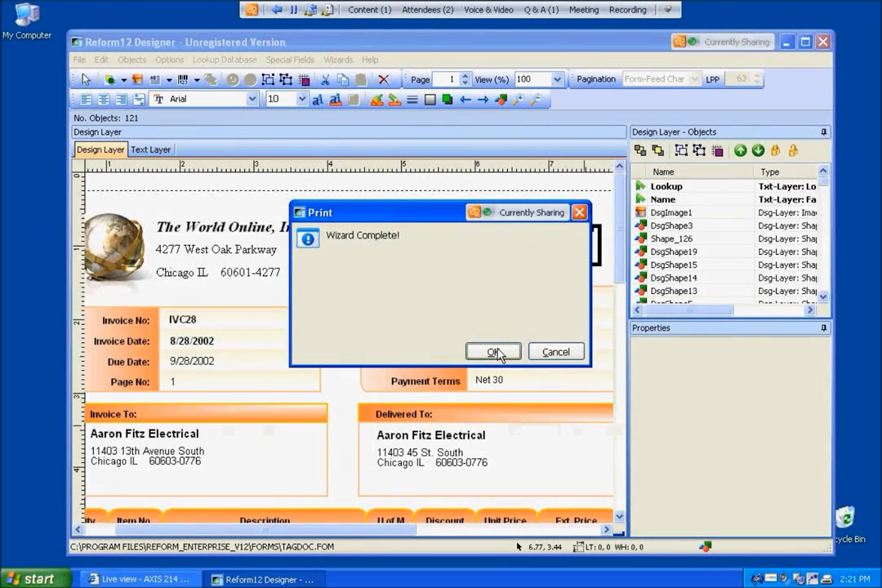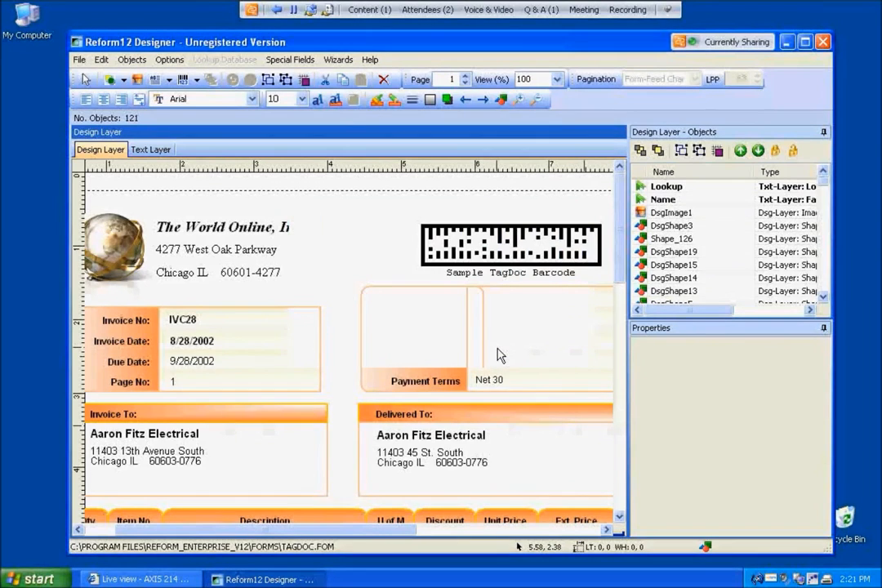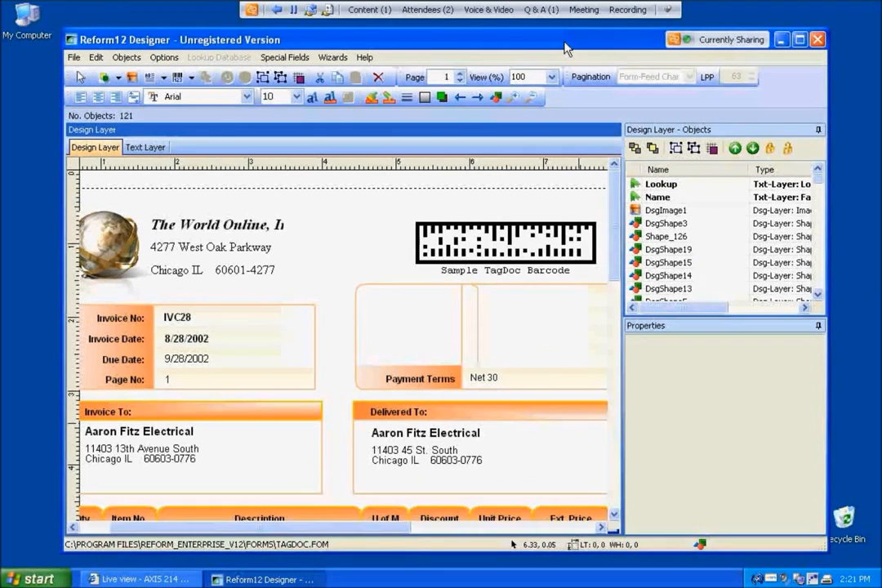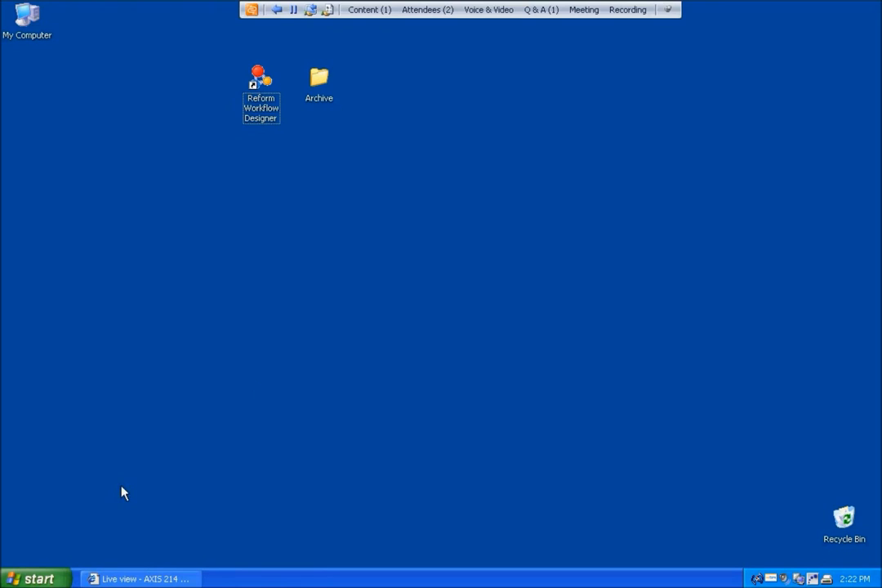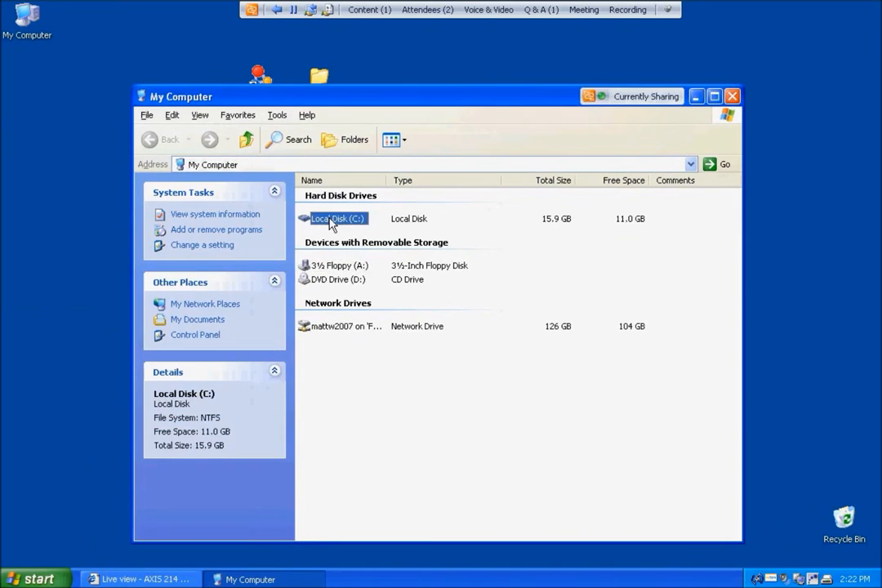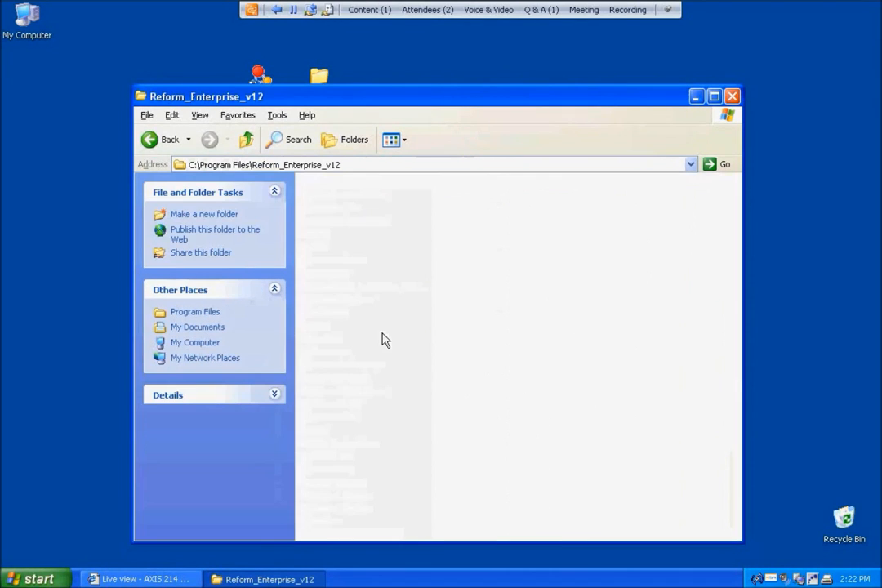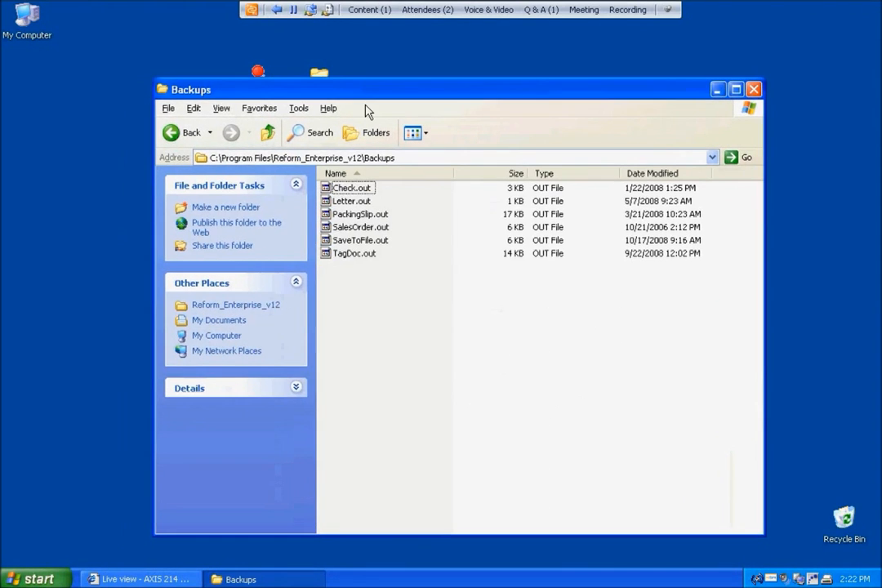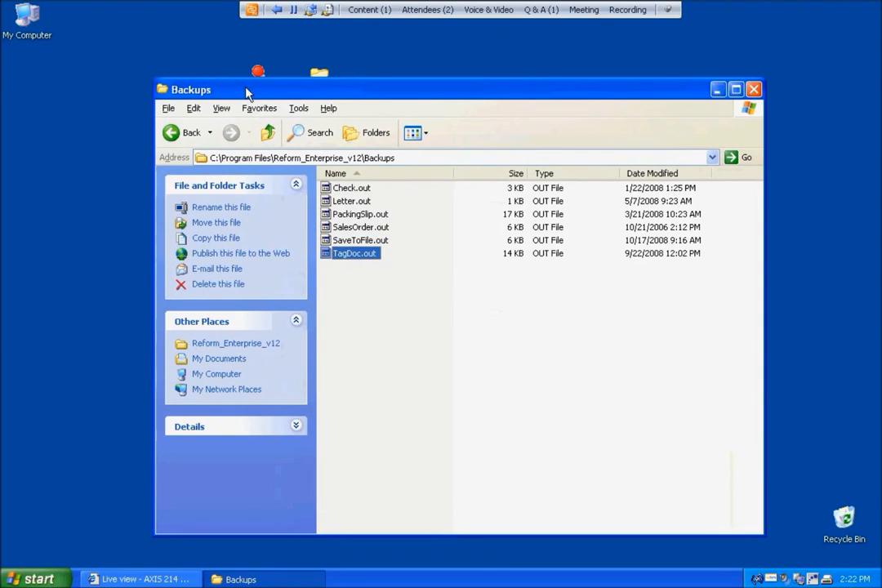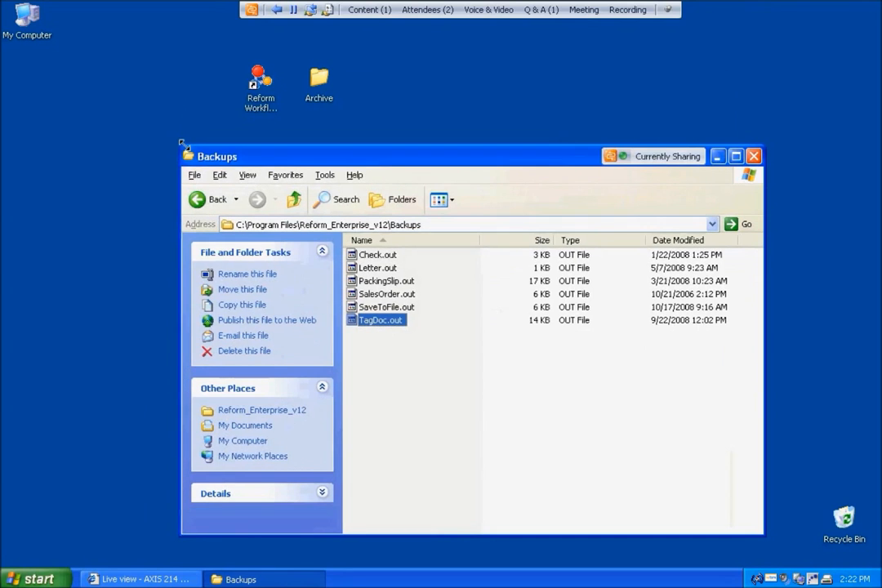So now we're ready to basically demonstrate the workflow. We've configured our forms and the data stream to go to the correct locations. And now I can close my designer. And I'm just going to browse to my reform directory. I'm basically going to simulate printing an invoice by copying the data stream. Now, one thing we need to do before we go ahead and do a print job is we actually need